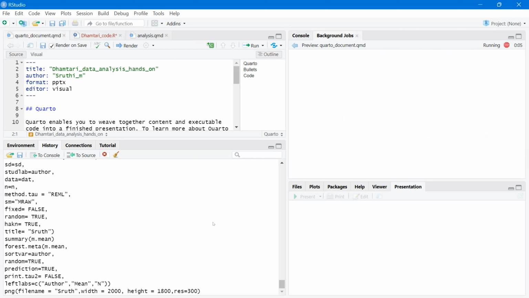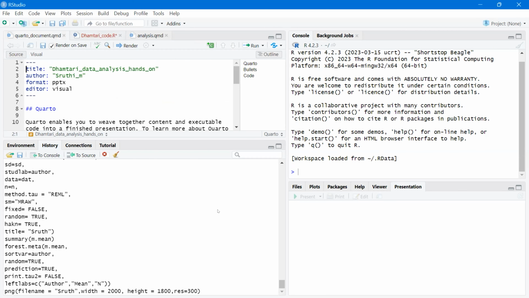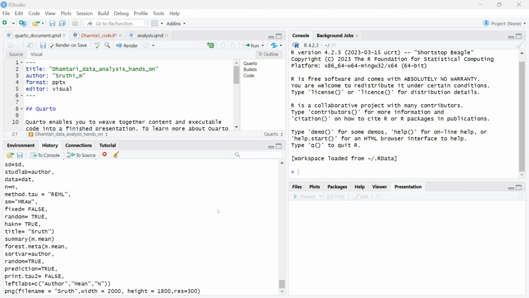The reason is you asked the format to be a PPT, so it's creating a PowerPoint document. Okay, so that I got it. RStudio does not have the capacity to view a PowerPoint because that's proprietary software. It does not have the viewer. So when you go to the files option, I think it's downloaded, sir.